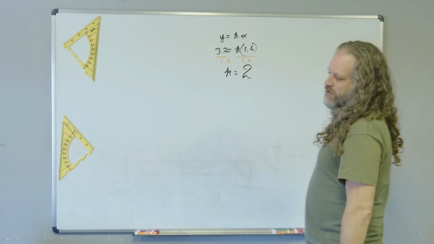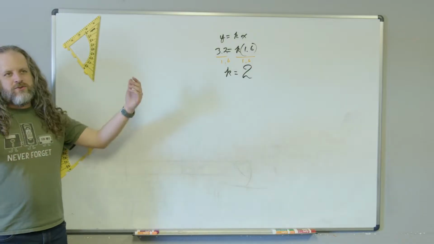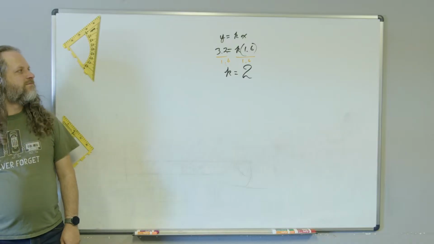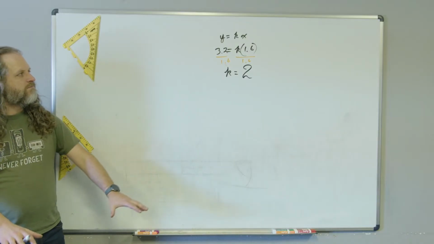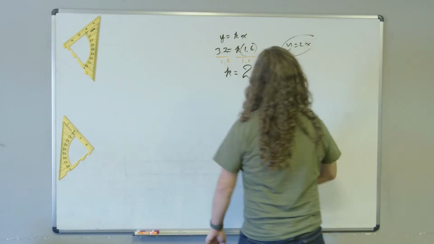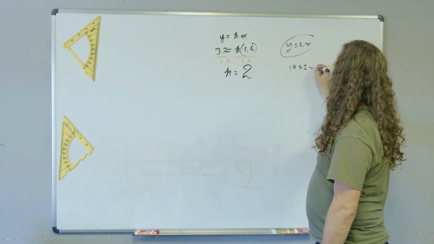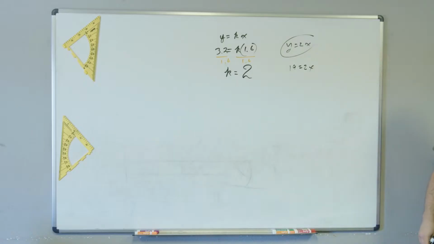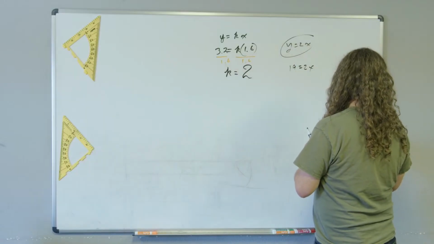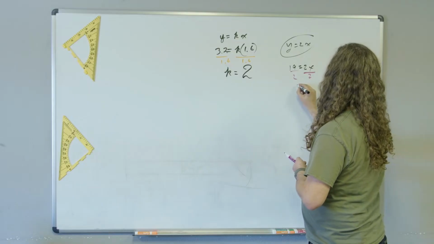Go to your k equals 2. Great. Then it says, find y when x equals 19. What do I do now? Sub. Sub what, where? 19 equals 2x. Great, circle that. And then 19 equals 2x. Now what? Divide by 2. Oh, yeah. That's right. Oh, wait a minute. I did that wrong in x.